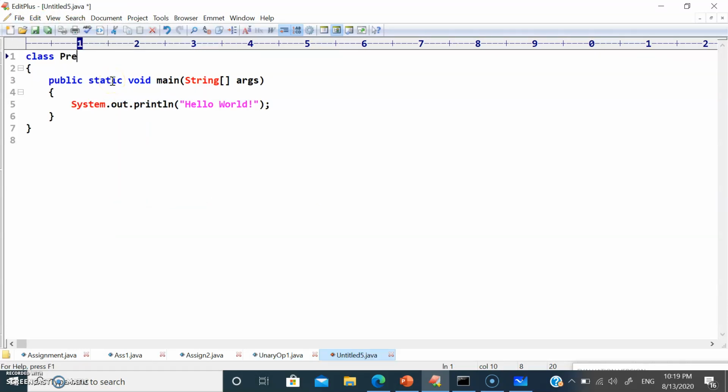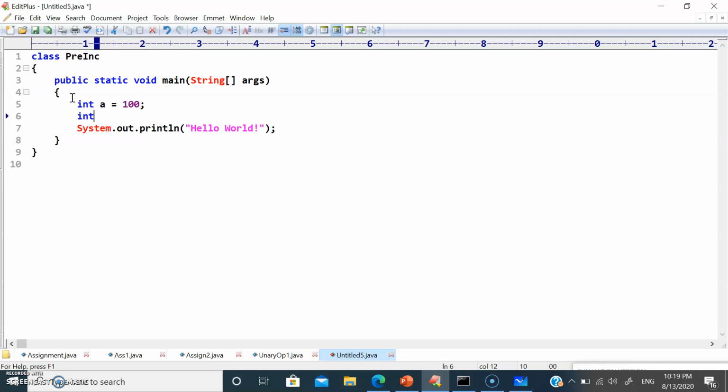So let's say pre-increment. Let's take the value of int a is equal to 100, int b is equal to ++a.